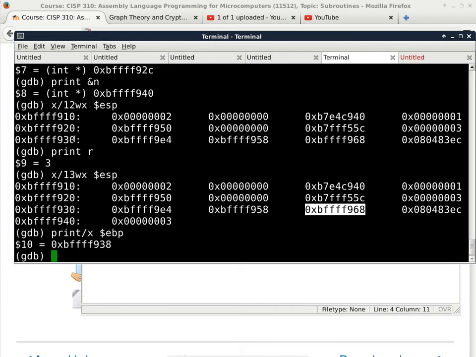It is our saved frame pointer. And next to it is the address of 080483EC. Does anyone remember where that address is located? It's not in the stack. It's in the .text segment, where the code is located. So that is our return address. What is above the return address is 3, and that would be our